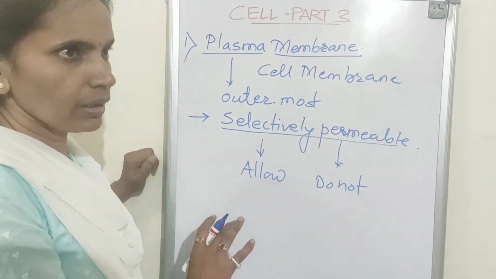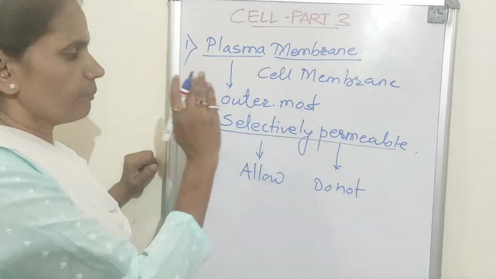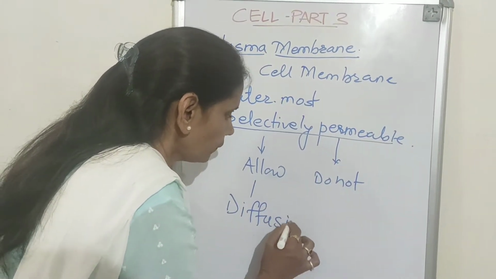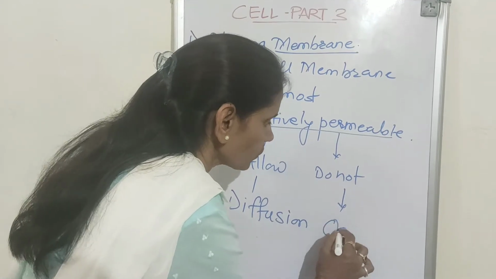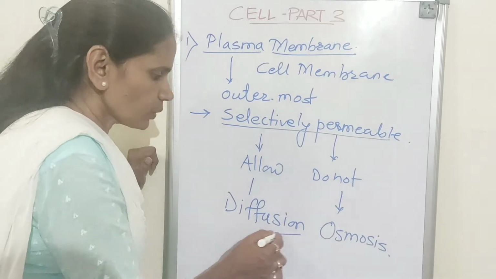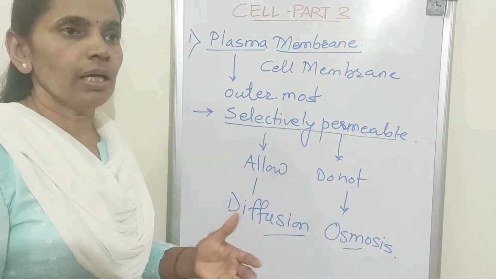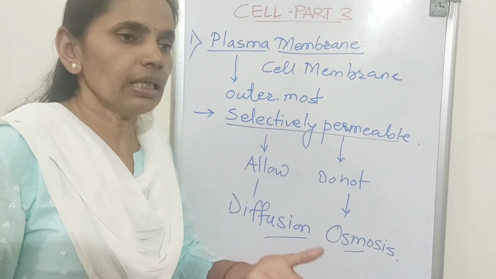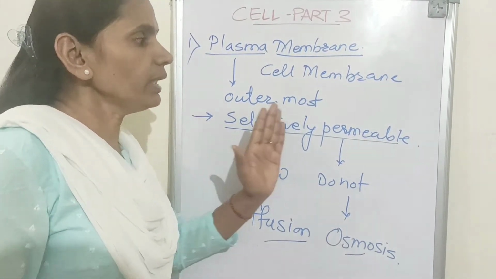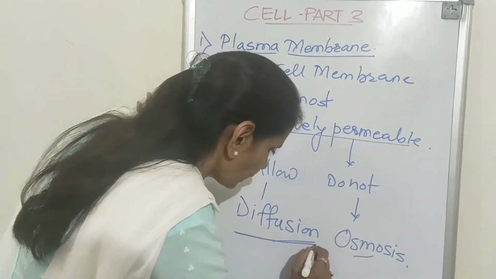This can be seen through two different activities that play a key role for the plasma membrane, namely the first major activity, diffusion, and the second one, osmosis. Because of these two activities, the movement of different substances into the cell or from the cell to the surrounding environment is selectively controlled by the plasma membrane.